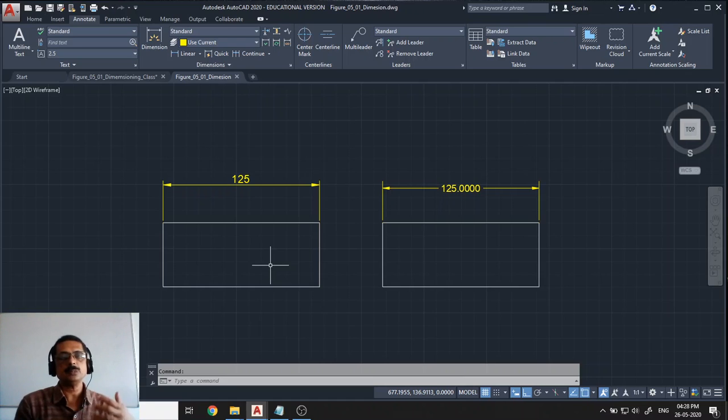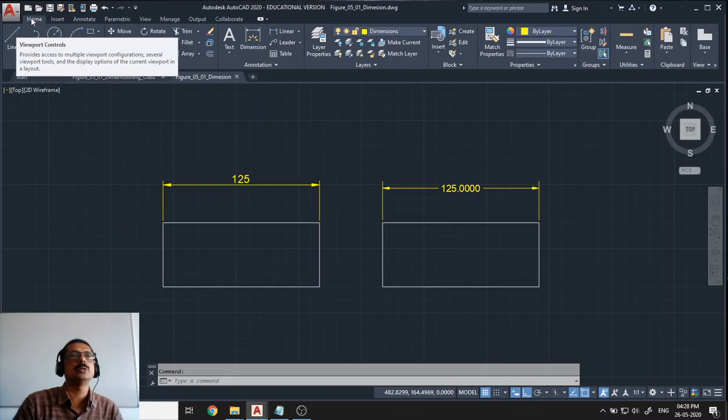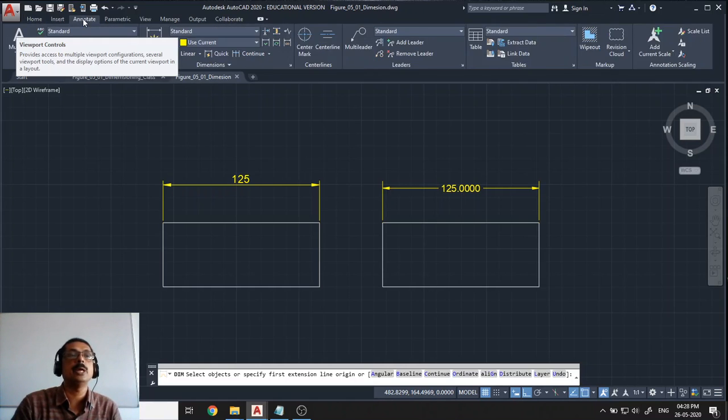First let us see how we can change the dimension style, or how we can modify certain elements in the dimension style. As usual, in the Home tab we have a few elements regarding text and dimension. I haven't shown this when I discussed text: the single line text and multi-line text are available from here itself, but to get more commands related to text, it will be better if you go to the Annotate tab. Similarly, for more commands related to dimensioning, it will be better to go to the Annotate tab,